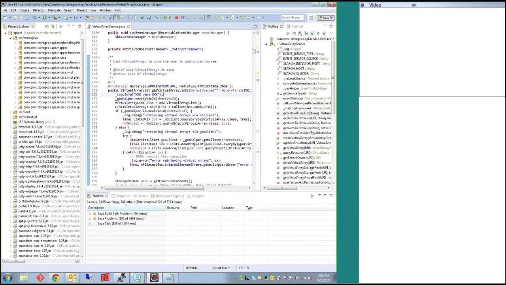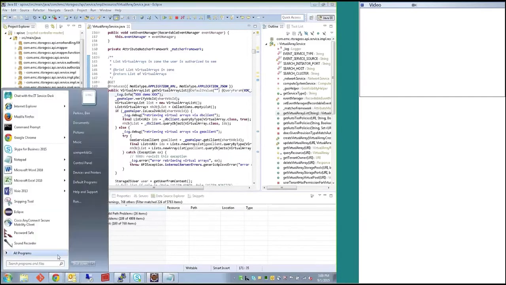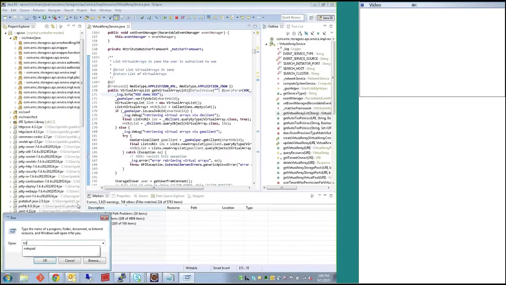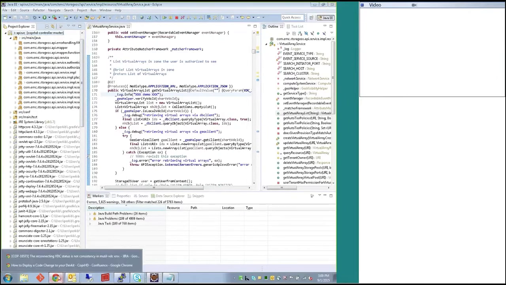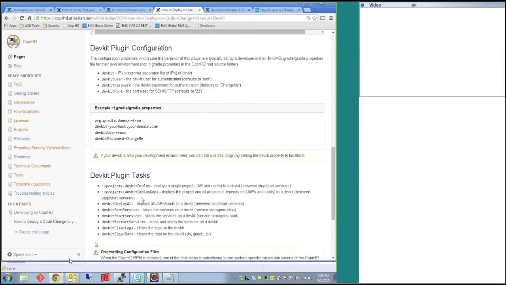Okay, that's great. I know it built because Eclipse just built it, so it's perfectly valid code, but if I want to run it, what can I do? As indicated by the smart person here, I'm going to bring up Notepad, but it's going to be the exact same command that I just showed you. Because I'm in the API service, note what project the file I changed is in, I know that that's the API service project, and if we go look at what I showed you here, my example was actually from the